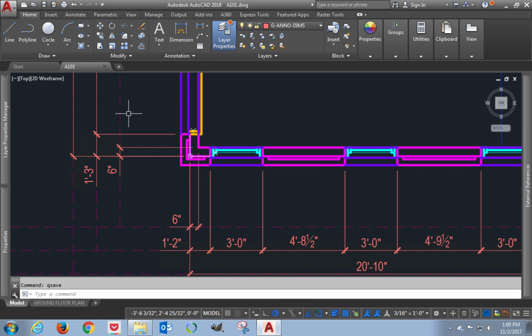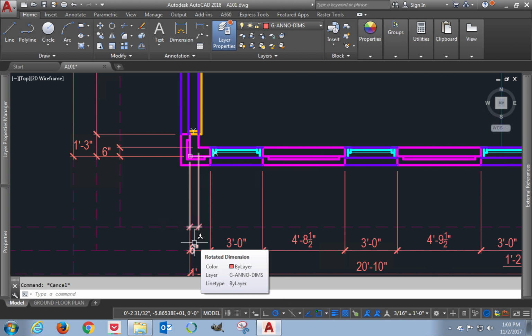Now I want to show you what some of the things that fixed real quick. So I'm going to undo my way back out of that. Okay. So you see how the dimensions here are reading horizontally instead of vertically. You also see how these dimensions are well outside the area where the extension line for the dimension ought to be, and it's not consistent. And this is one of the things that bothers me. But fractions are reading stacked vertically instead of diagonally, and this particular script file is going to fix all of